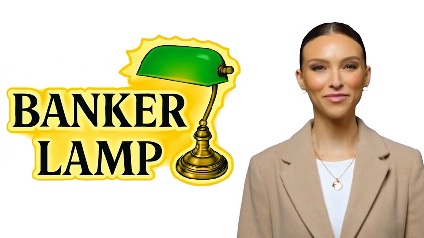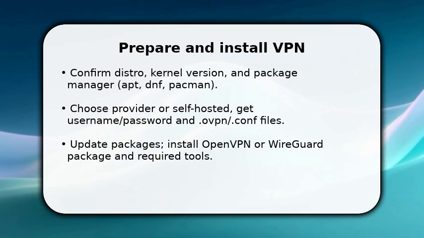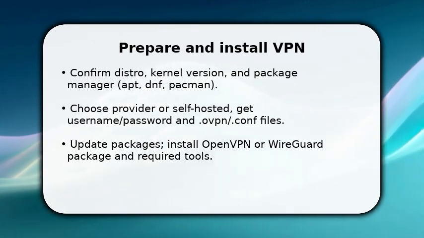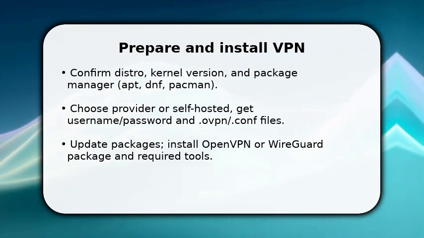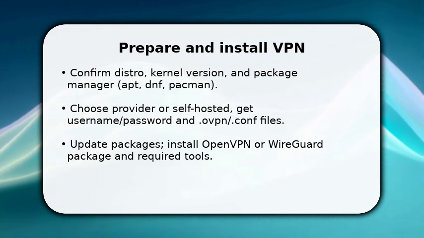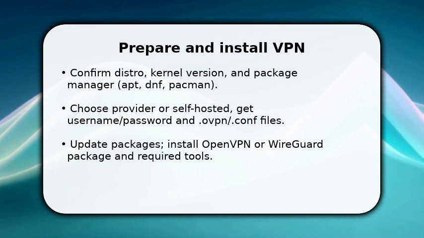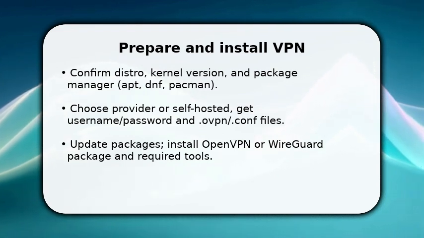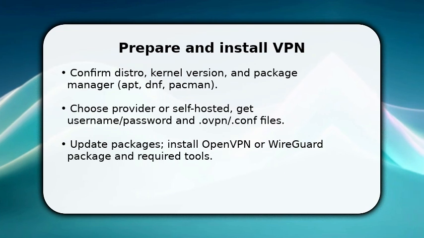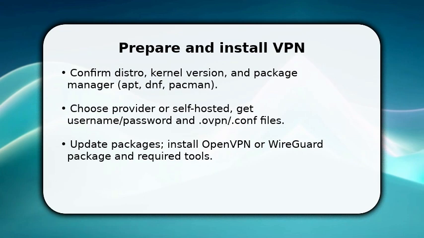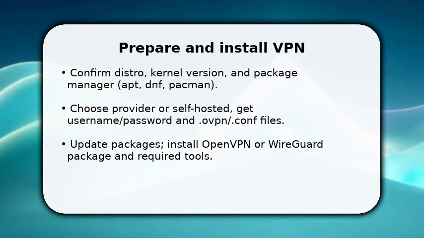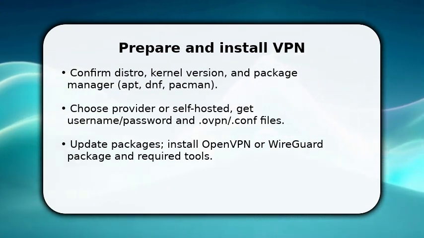Please enjoy the video. You start by confirming your Linux distribution and package manager so commands work predictably. Once done, pick a VPN provider or self-hosted endpoint and download credentials plus the OVPN or WireGuard config. This avoids guesswork later. Next, update packages and install the client, apt install openvpn or apt install wireguard, or use DNF/pacman equivalents. Doing this early ensures you have the correct binaries and permissions before moving files into /etc